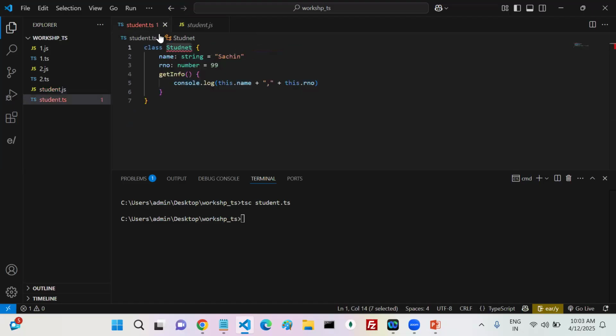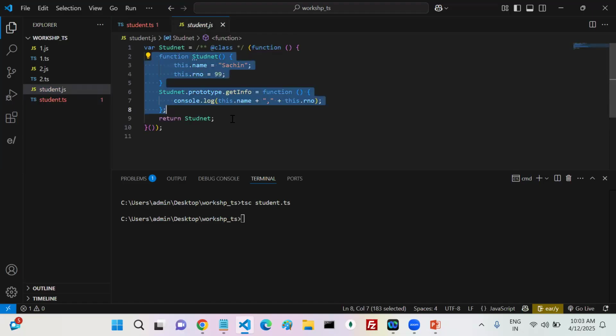The code in the TS, whatever you wrote, the class keyword or anything else, you converted that particular class into a functional class in JavaScript. In the functional class, you can create the variables like this, and also in the inheritance format you can place it. They inherit this get info into my student.